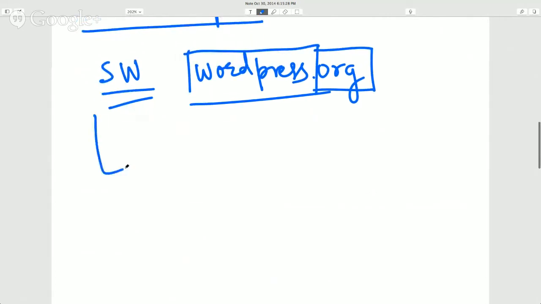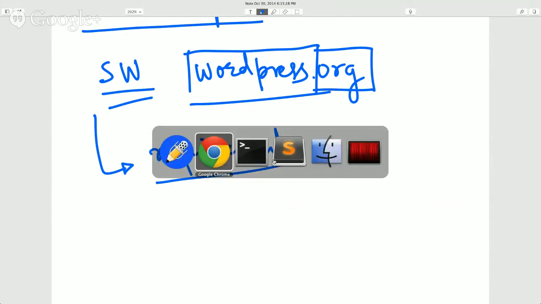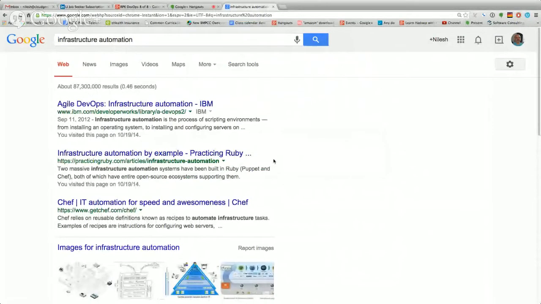So you look at the WordPress website, not only will you find the software in that location, but also in that very same location, you will have some requirements. What do I require? Those requirements are visible to you on that website. What does it take to build a website? They will specify that. You know how to find it? You have to go and look for the word requirements somewhere. What do I need to set up a WordPress site?